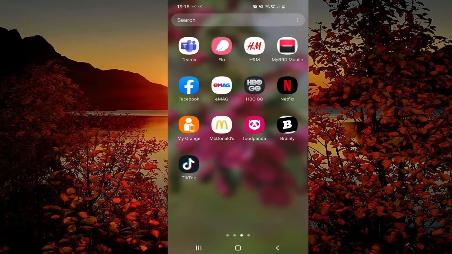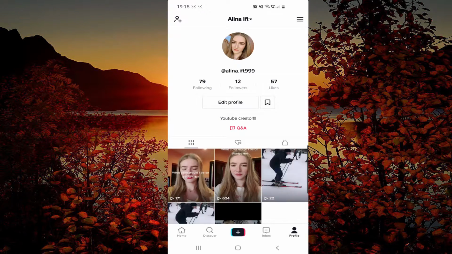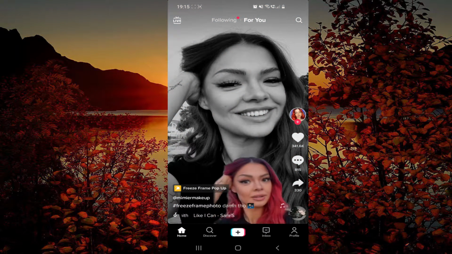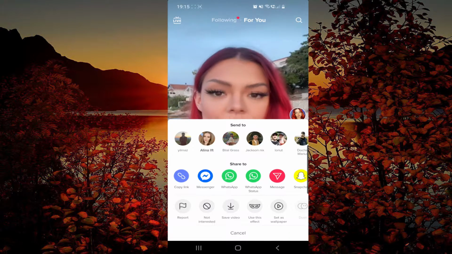So for doing that, we just have to go on our TikTok app. Then from here you have to make sure that you are on your For You page. So go to home, and then here if you dislike a video, go and click on the share icon, and